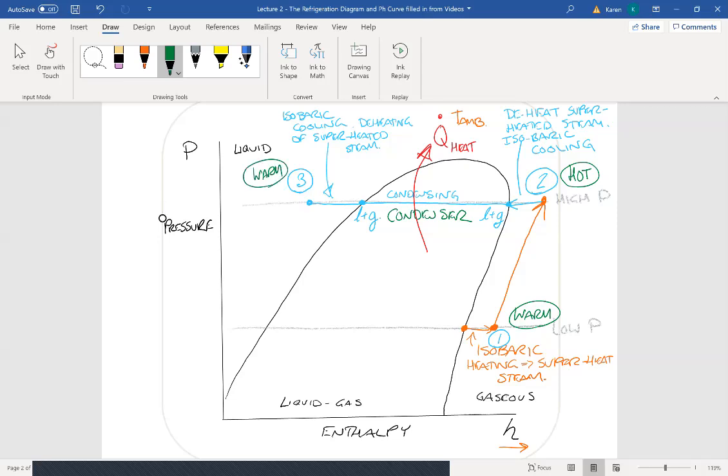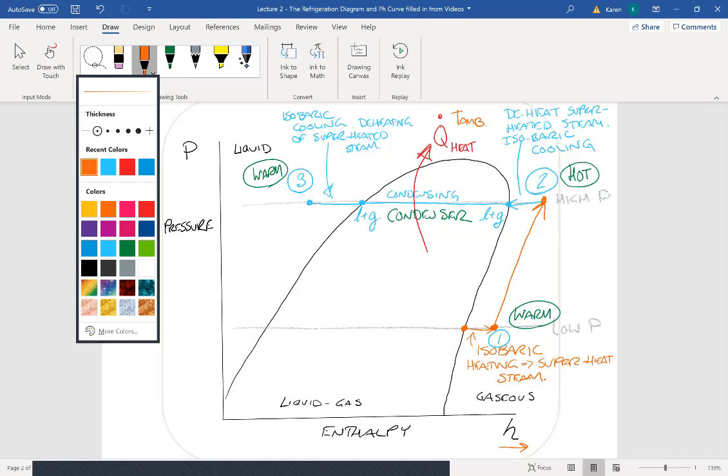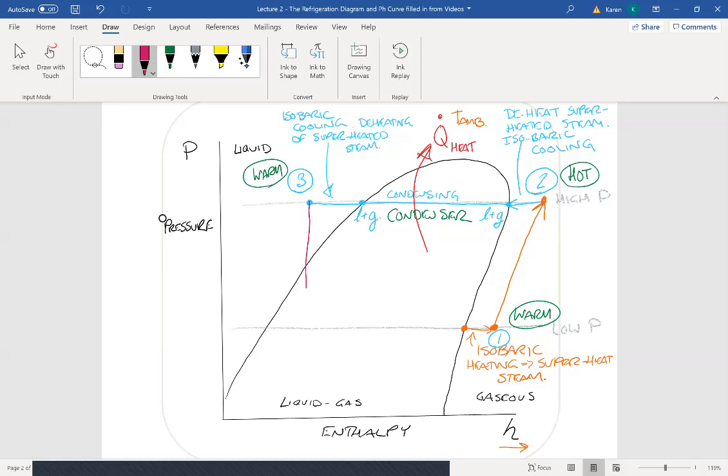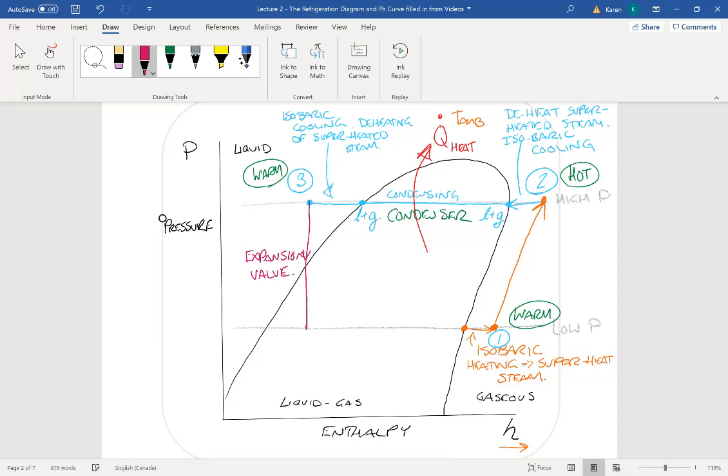But I don't want to take a working fluid that's just warm and put it into the place I'm trying to cool. If I'm trying to cool something, then I want it to be a really, really cold fluid that is going to go in and steal all that heat from that room. So to make a really, really cold fluid, I put it through an expansion valve. And because of the ideal gas laws,